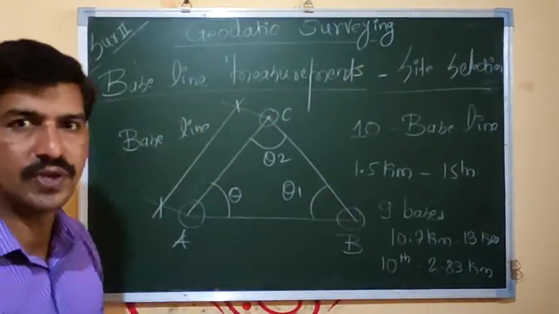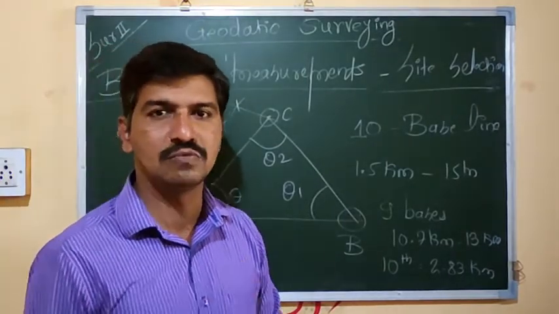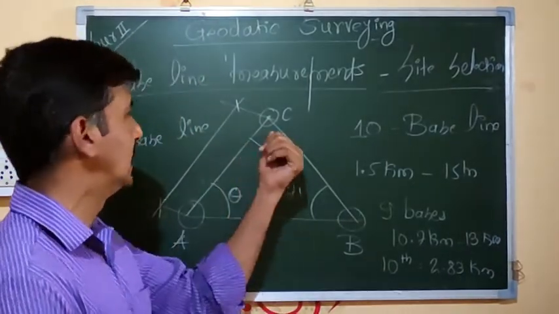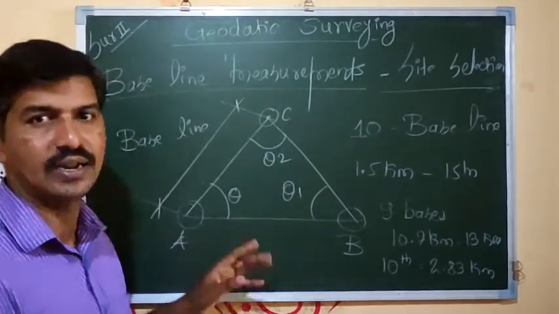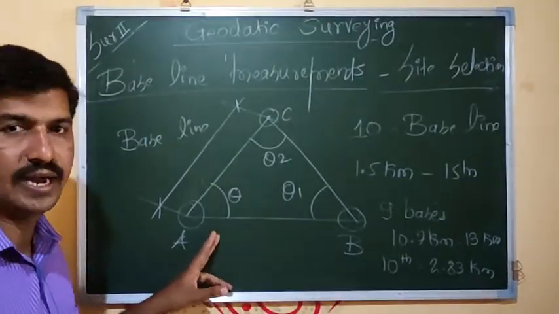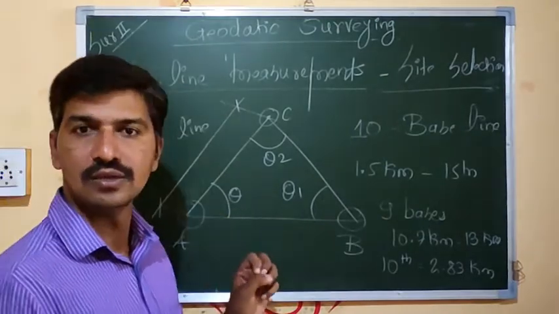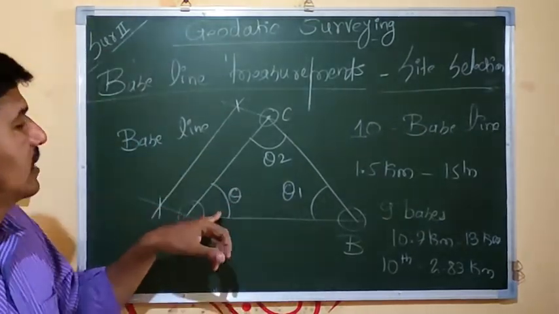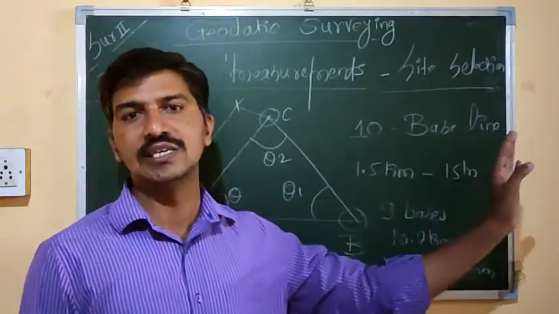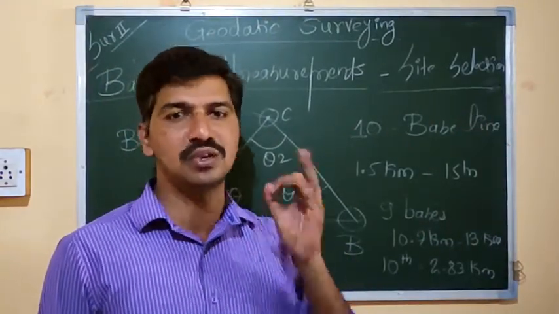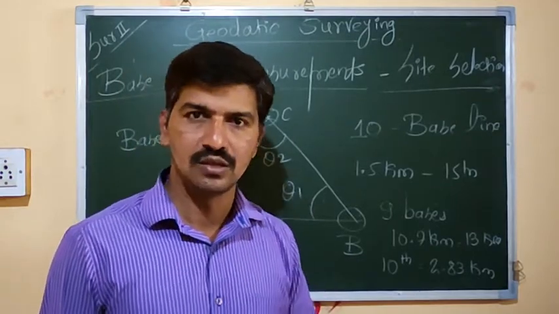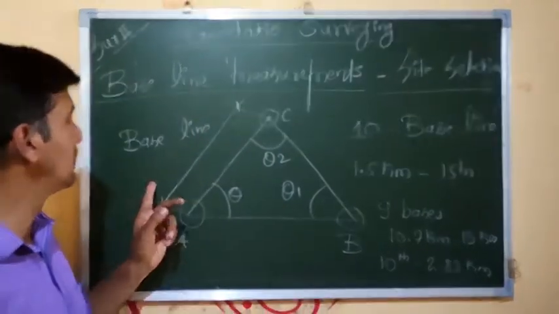All the geodetic surveying, all the triangulation will be based on one side, which is the baseline, and an angle, and any angle here I have taken as angle E. Based on this side and this angle, the remaining angles we are going to measure. So the most care should be taken for measurement of the baseline.